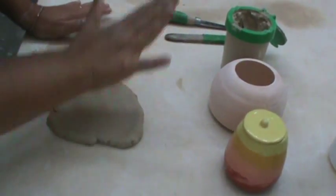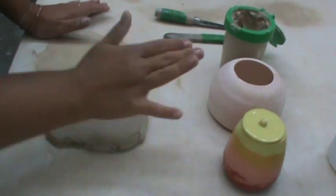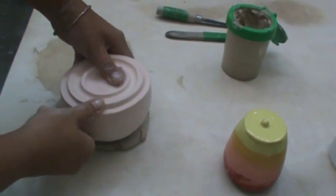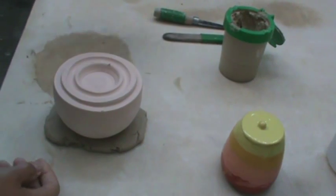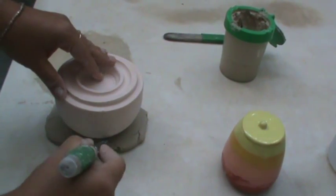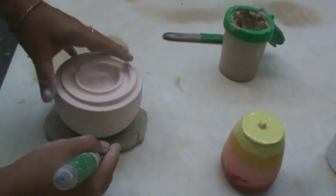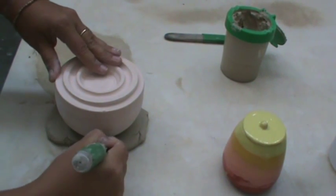When you think that you've reached that consistency of about a 1/4 inch thickness, you're going to take your pot and flip it upside down. You're going to set it right on top of it. The next thing you're going to do is take your fettling knife and cut it on a bevel, which means the knife isn't going to be straight up and down, it's going to be angled. Then you're going to follow the contour of your piece